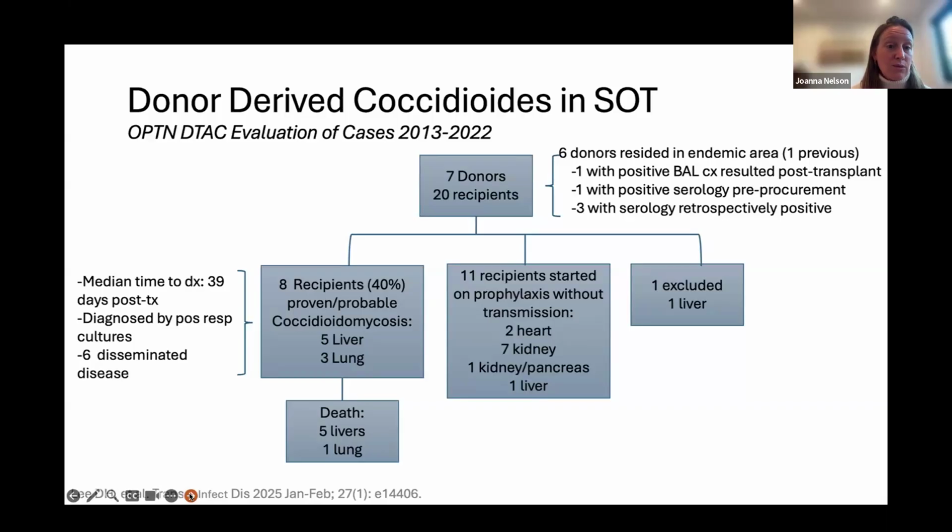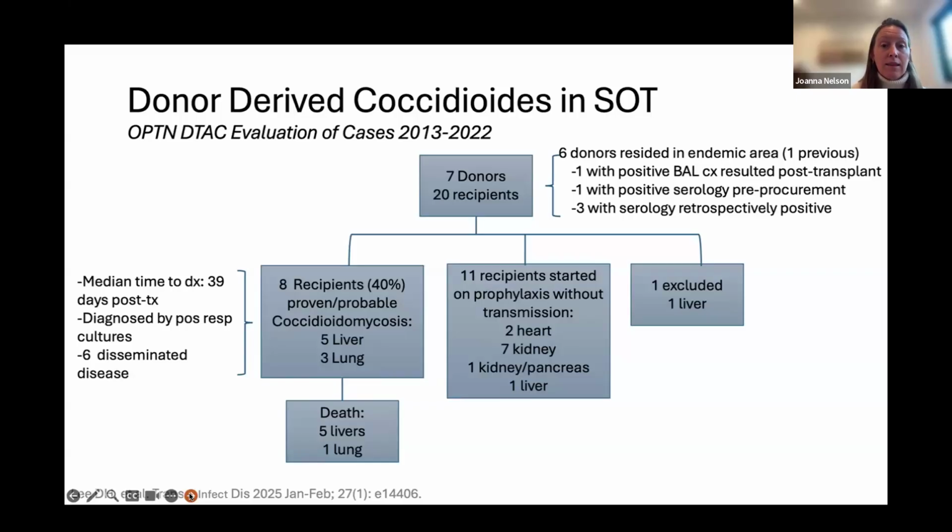8 recipients, so 40%, developed proven or probable cocci, 5 liver and 3 lung. In these recipients, the time to diagnosis was relatively early post-transplant, 39 days post-transplant. Many were diagnosed with positive respiratory cultures, and importantly, 6 developed disseminated disease, with also 6 dying related to their